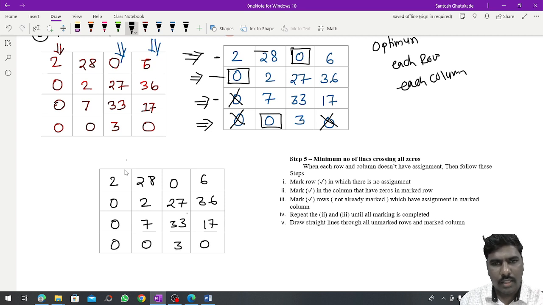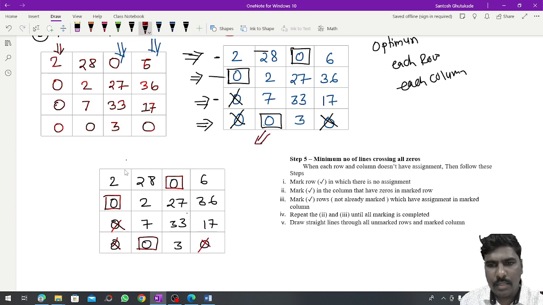So this is assigned. Now I will again make the assignment here as it is, copying from the previous step. Here we are crossing all the zeros. So this step and the previous step are the same.